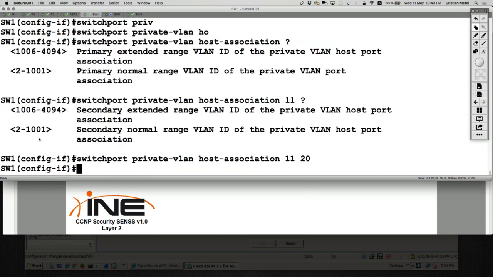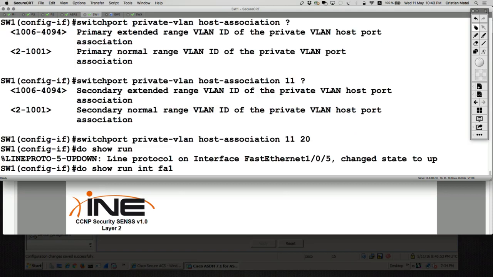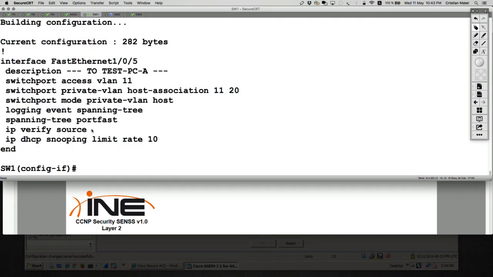(11 to 20). So you go on the port facing PCA. You tell it it runs in private VLAN host mode, which means the switchport mode access command is gone now because I'm not an access port mode. I'm a private VLAN host port mode. And then, since I'm a host, it means I have to be in the isolated VLAN or community VLAN. So we say then switchport private-vlan host-association, and you put in there the primary VLAN and the secondary VLAN again. And likewise on port FA01,